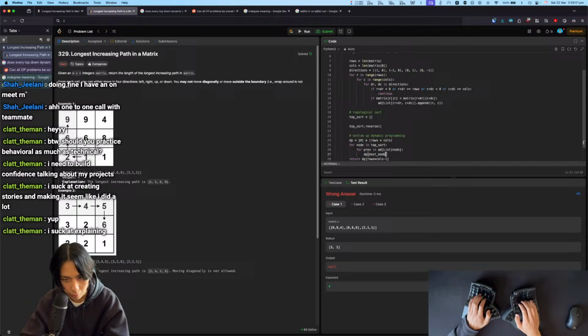Just a prev. So prev. Okay, so dp of the node is equal to prev